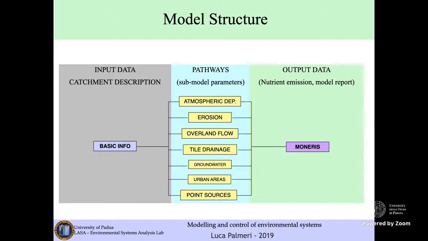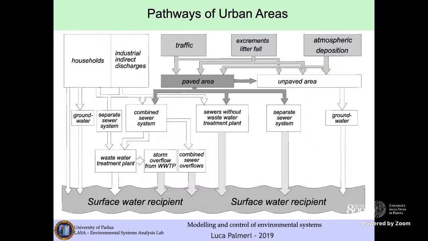And these input data are employed to vehiculate loads through the different pathways. And then we collect all the information on the final spreadsheet file called Moneris, in which we have a summary of what is happening on the territory. I stress again that the model